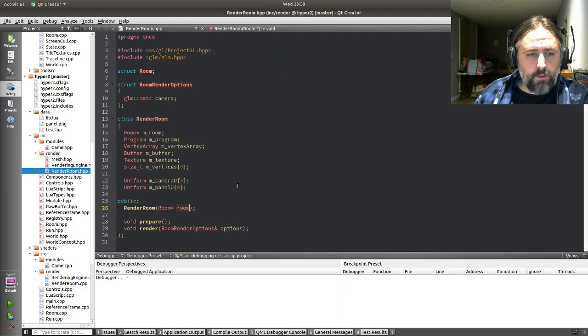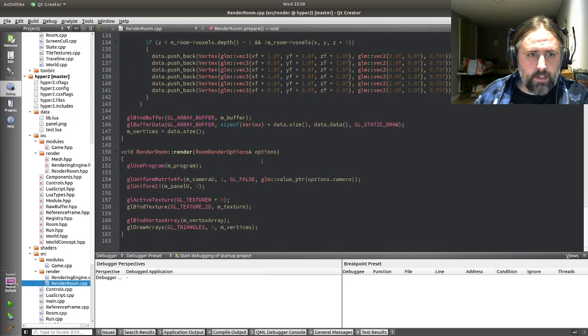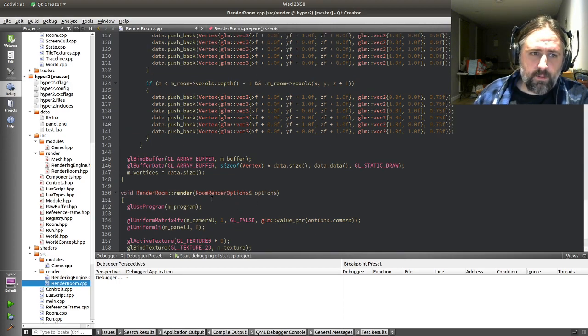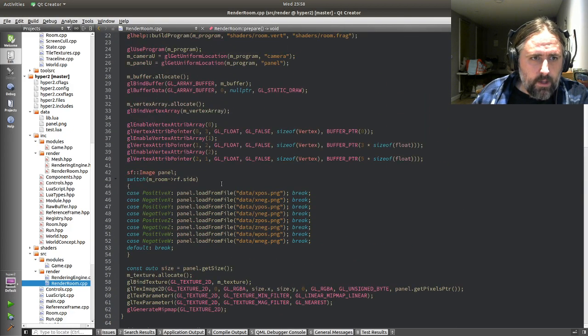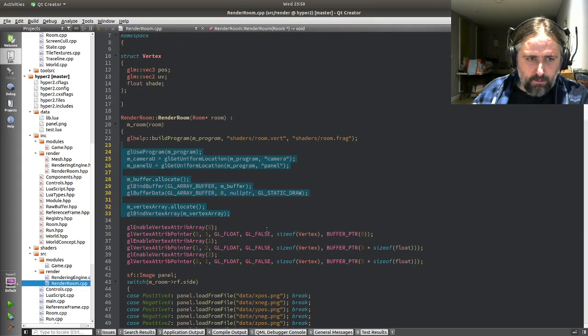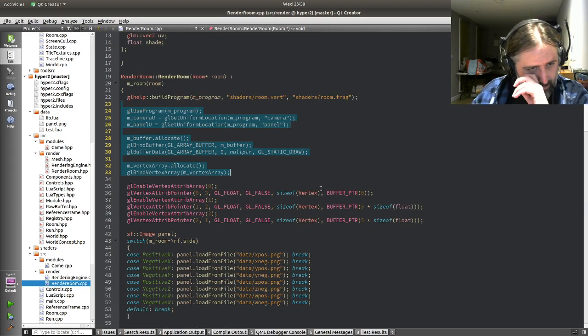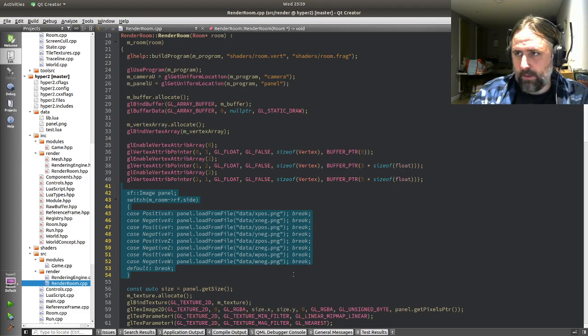So I want to get to this room rendering thing, which does all of this mesh building and then also rendering. And this is bad for a few reasons, which I've stated many times. One is that, I'll get rid of that debugger stuff. One is that each render room class has all of the shader stuff, buffers, vertex arrays, its own image. There's no sharing of anything between the different rooms. That's silly because